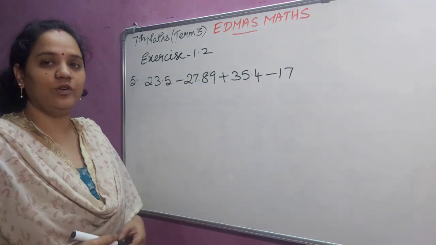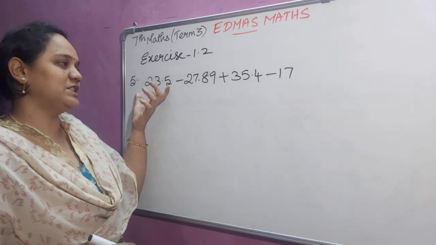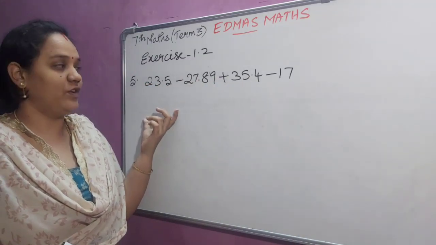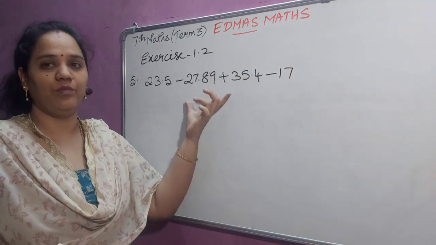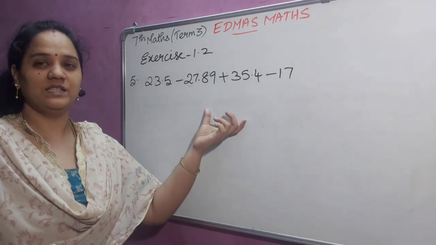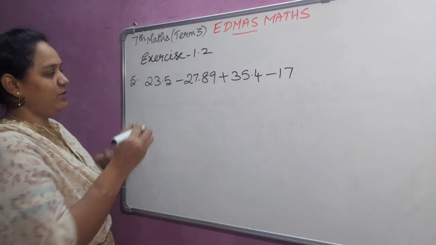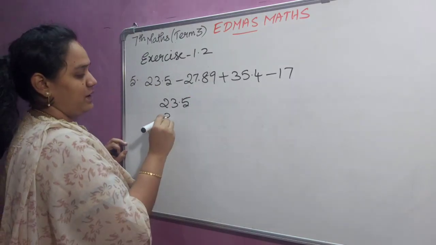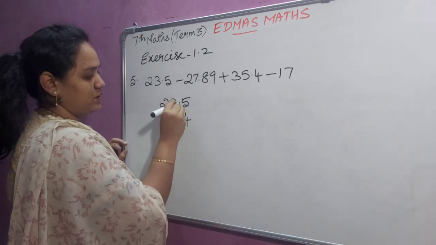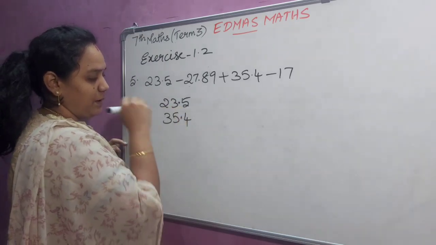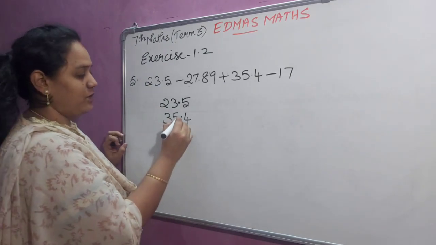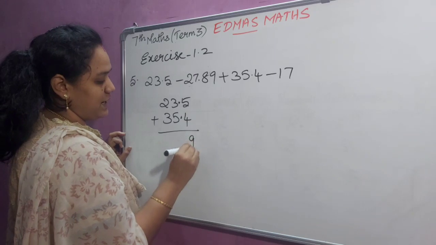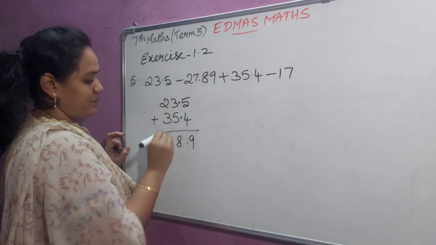So usually what we will do? We have to add positive numbers and we have to put plus for the answer, and for negative numbers, we have to add both the negative numbers and we can write the symbol as negative. Shall we do it now? So 23.5 positive number and 35.4. This point should be in the correct place. You have to write like this and we have to add these two. So 5 plus 4 is 9, 8, 5.